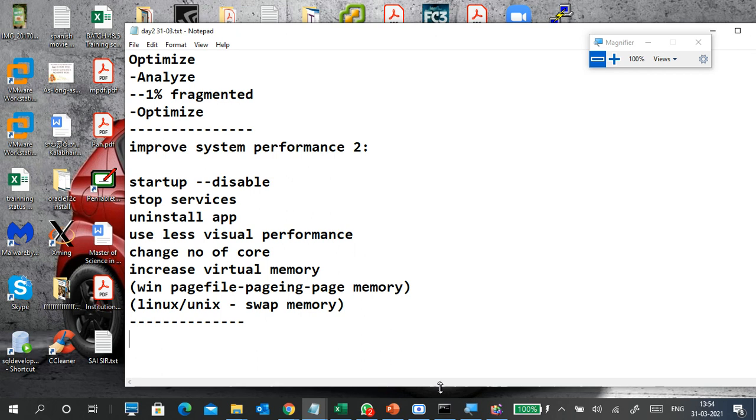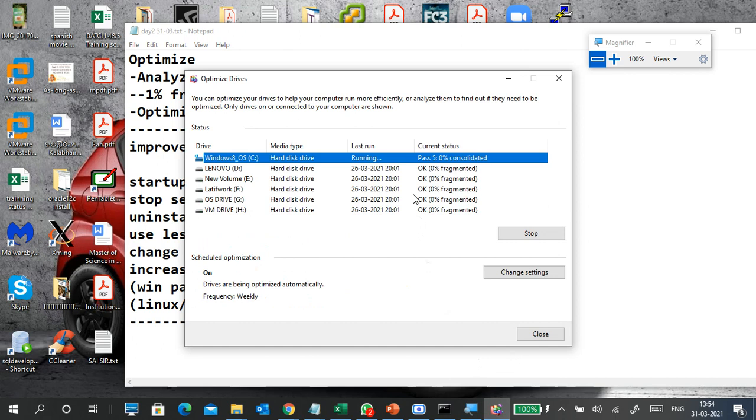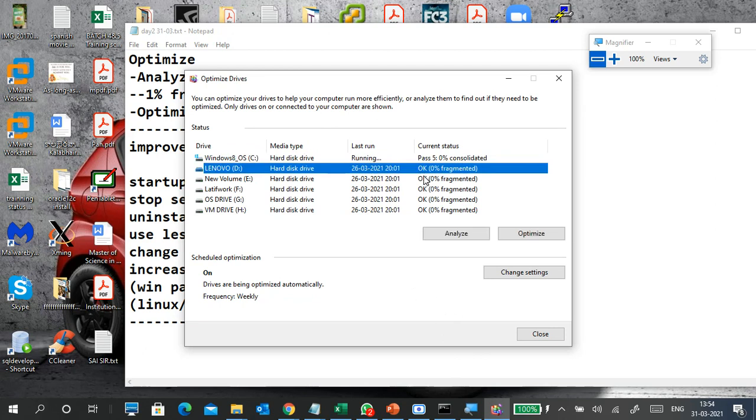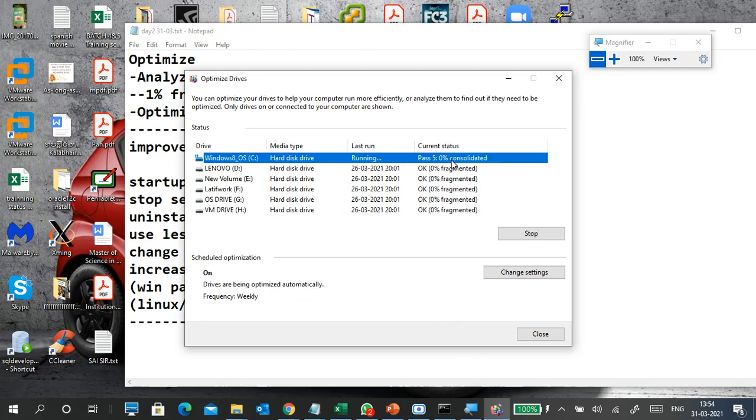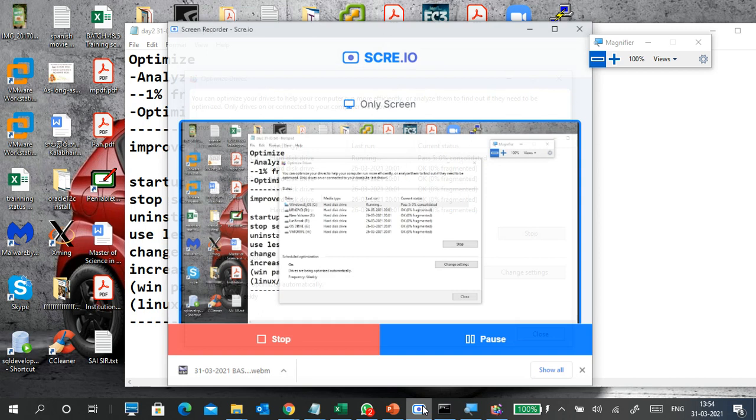Why is it not doing it? Okay, leave it guys. It will complete and show zero fragmentation, because we can't wait. We have to